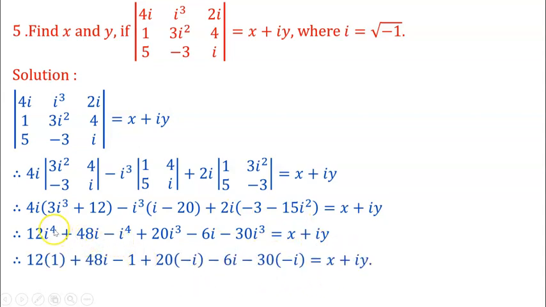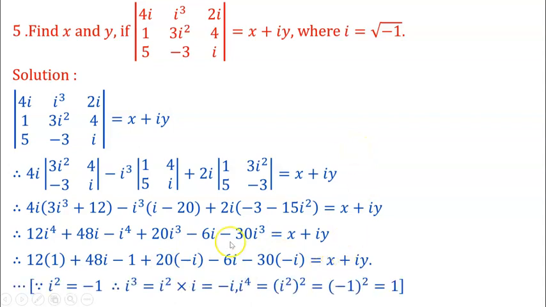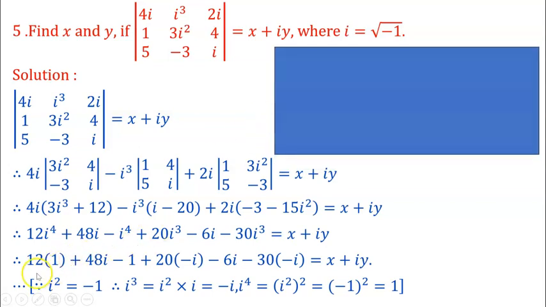Okay, next i raised to 4 means again 1. i raised to 4 is 1, therefore here is a 12 into 1. Plus 48i, i raised to 4 is 1. i cube is minus i. 20 into minus i, 6i, i cube is again minus i, and that is equals to x plus iy. Okay, now the next, these are the values of i square, i cube, and i raised to 4. Okay, now see this here again, that is a 12